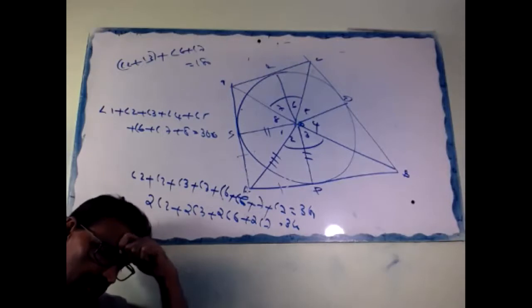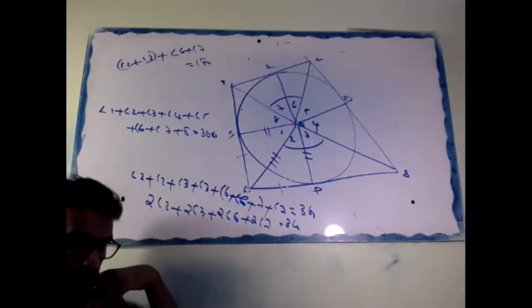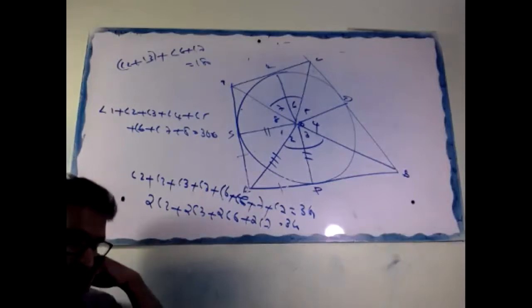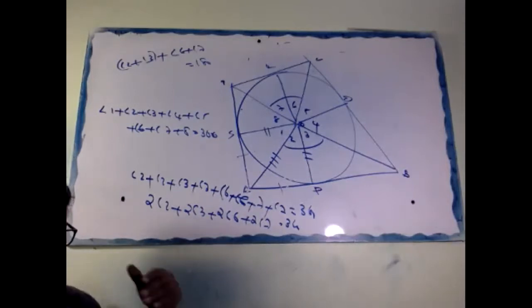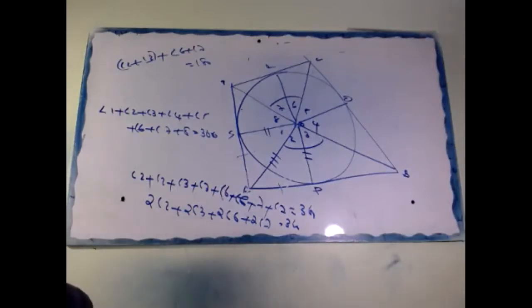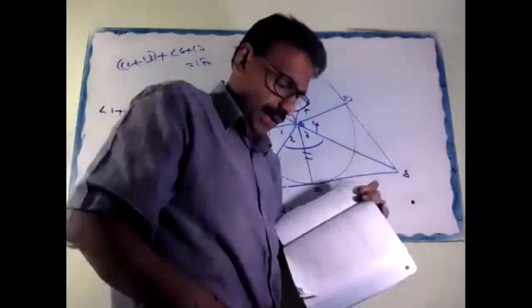Once again, listen. L and M are two parallel tangents at A and B. The tangent at C makes an intercept DE between L and M. Prove that angle DFE is 90 degrees.